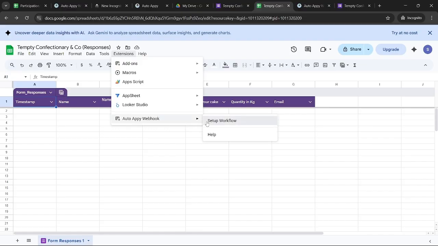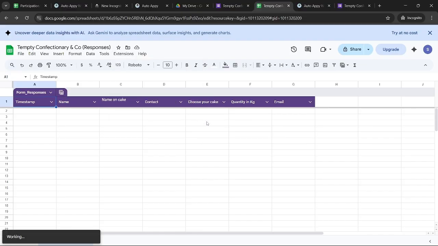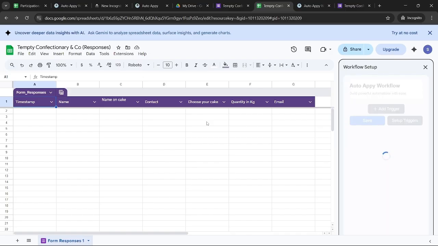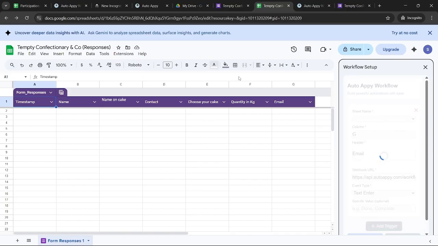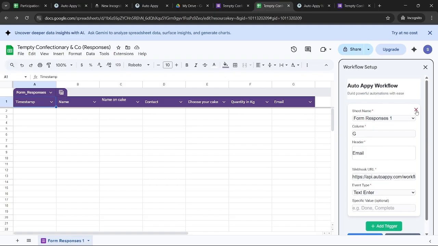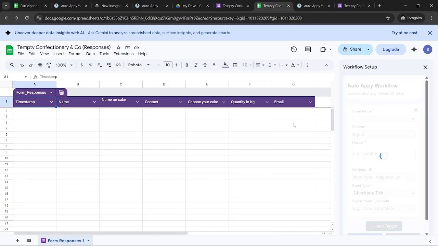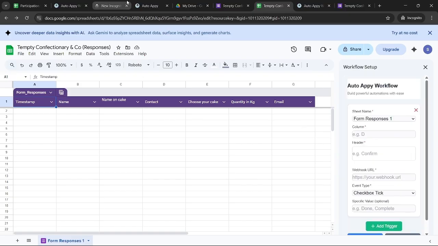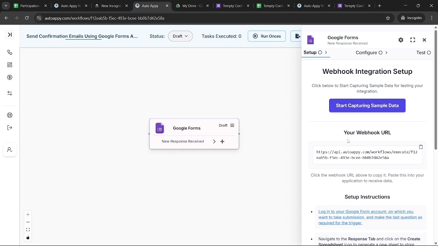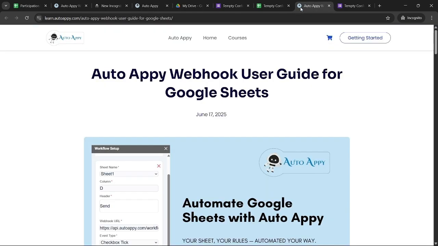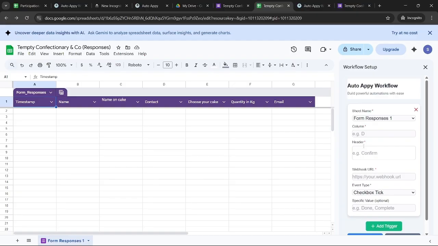Just repeat the steps, say setup workflow. Go back, copy your webhook URL again. First give this column name G, and the trigger column remains the same, that's email, and paste your webhook URL